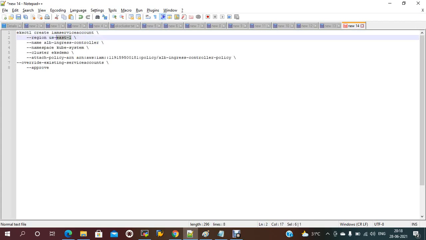My region is AP South 1, the name is ALB ingress controller, and the namespace is kube-system. My cluster is EKS demo 1. This is the cluster, and then attach the policy ARN. You just need to provide your policy ARN.